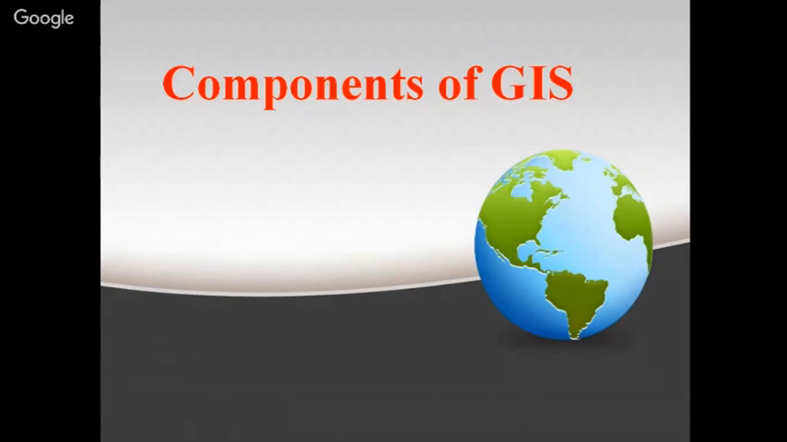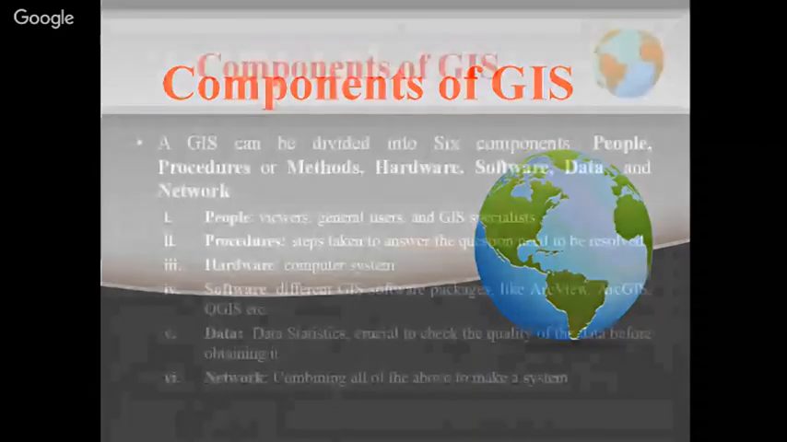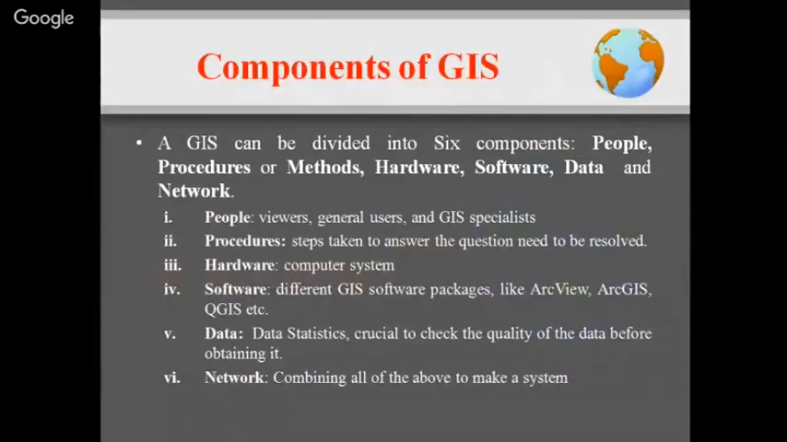Now, coming to components of GIS. A GIS can be divided into 6 components. We have people, procedures or methods, hardware, software, data, and network. People are the viewers, they are general users, and they are GIS specialists. When we talk of procedures, these are steps taken to answer the question which needs to be resolved. When we talk of hardware, it's a computer system and its peripherals. We talk of software, there are different GIS software packages like ArcView, ArcGIS, and then we have data